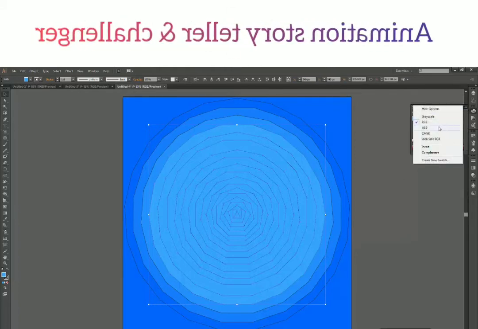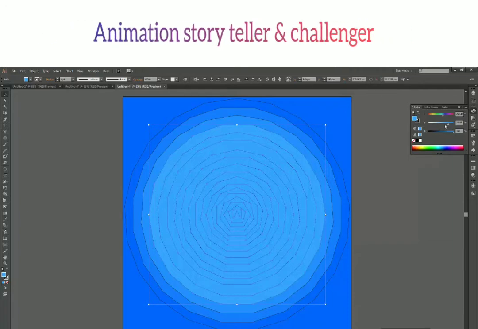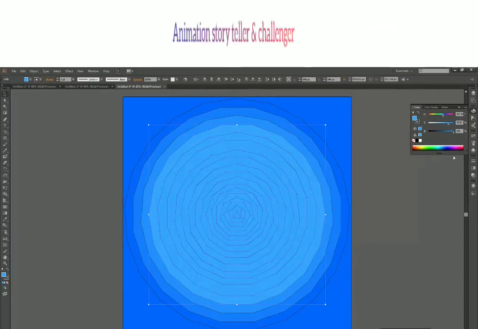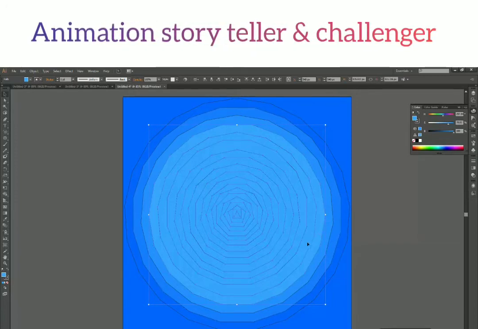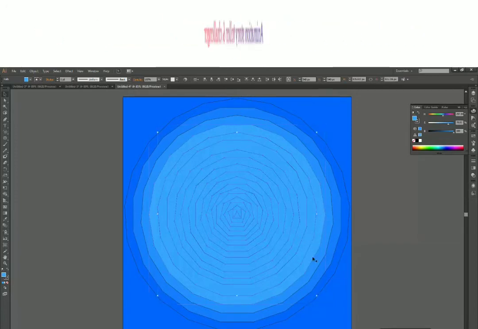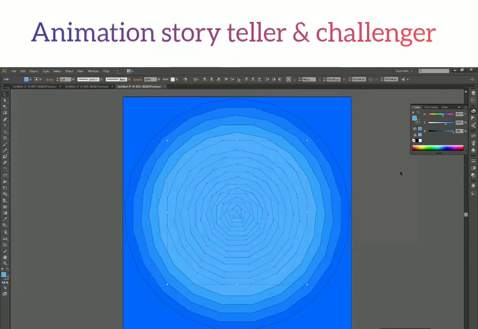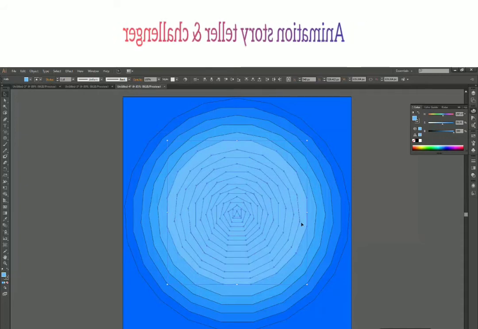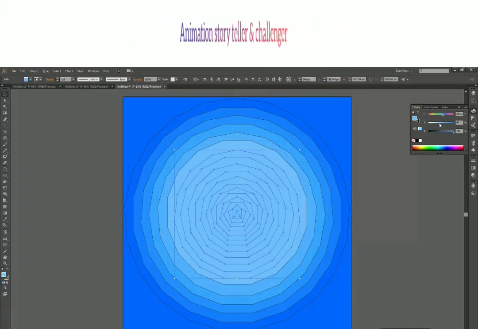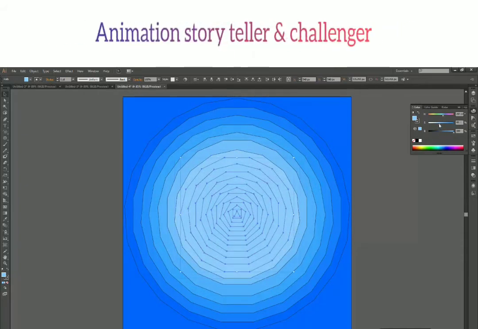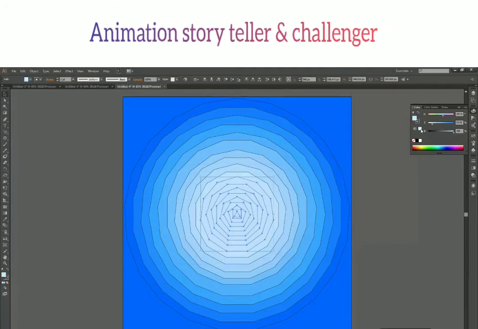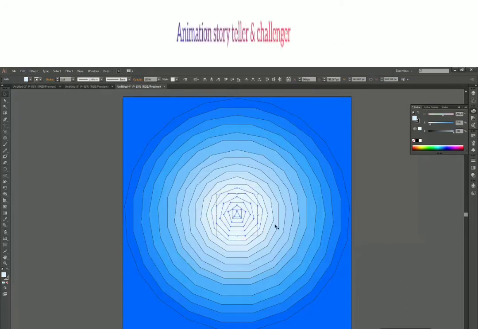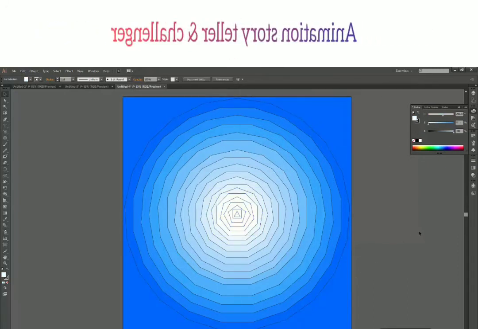Right now we'll change color from this. Again, all these palettes we will cover in the future, so right now, if you don't understand, you can just avoid them. So shift select the outermost polygon and drop the color value a bit. Again, shift select the outermost and again. Keep repeating this process for every polygon until you reach the center one. And here I have reached the white color.